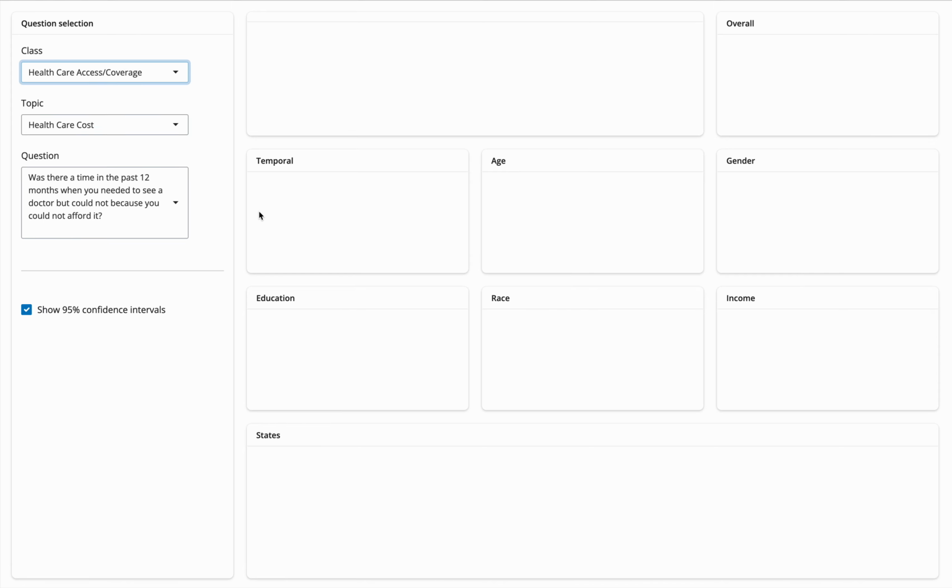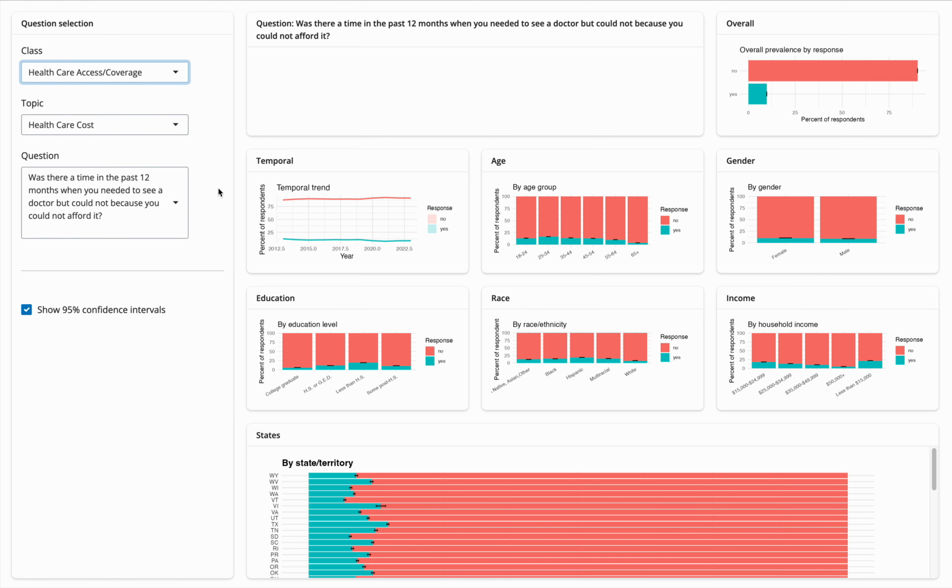Healthcare access and coverage. Oh, this is a good one. The healthcare system in the U.S. is very expensive, and that is reflected in the fact that social demographics that are traditionally a bit poor in the U.S. aren't able to afford as much. Such as Black people, who have a high rate of not being able to afford medical care. If you're less than high school, you probably don't have the money. Less than $50,000, you probably don't have the money. That's a bit surprising because there's Medicare and Medicaid, but I guess not as many people are making use of that.